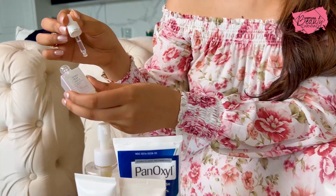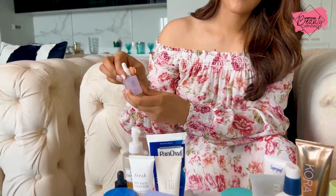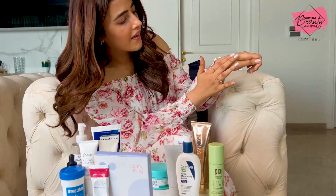For me, skincare is not just about the right products that you're using and what you're giving your skin from the outside. It also really matters what you are ingesting. Are you taking some specific things which might help you in terms of your skin? For example, I have a daily morning ritual wherein the first thing that goes in my stomach when I wake up is a glass of water which has